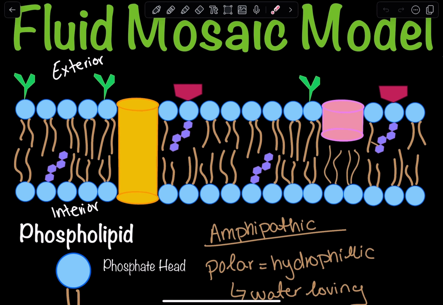We can have proteins that are symporters, which means that they transport two things together in the same direction. We can have antiporters, which will transport things in the opposite direction. Or we can have uniporters, which will transport one thing at a time. And directionality will also matter, whether this transporter will bring things in or whether it will bring things out, or